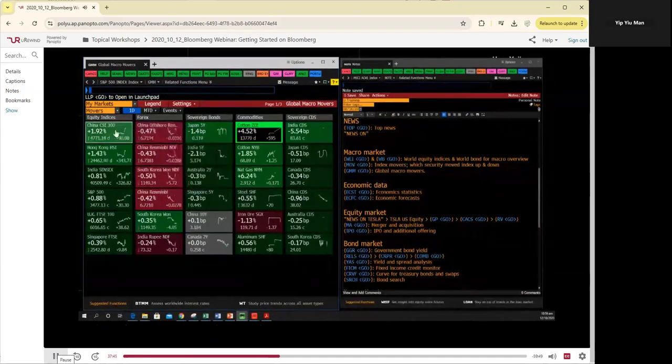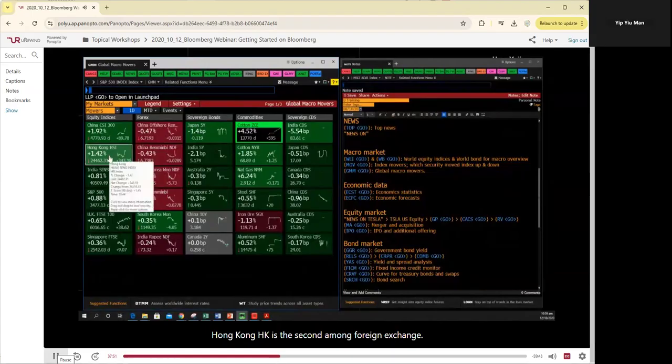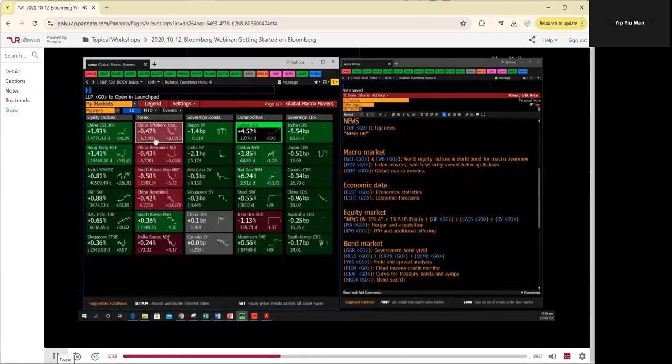regardless of asset class. So for example, among equity indices, China CSI has increased the most. Hong Kong HSI is second. Among foreign exchange, China offshore renminbi and China renminbi NDF, so both of them, China has decreased a lot. Japanese and